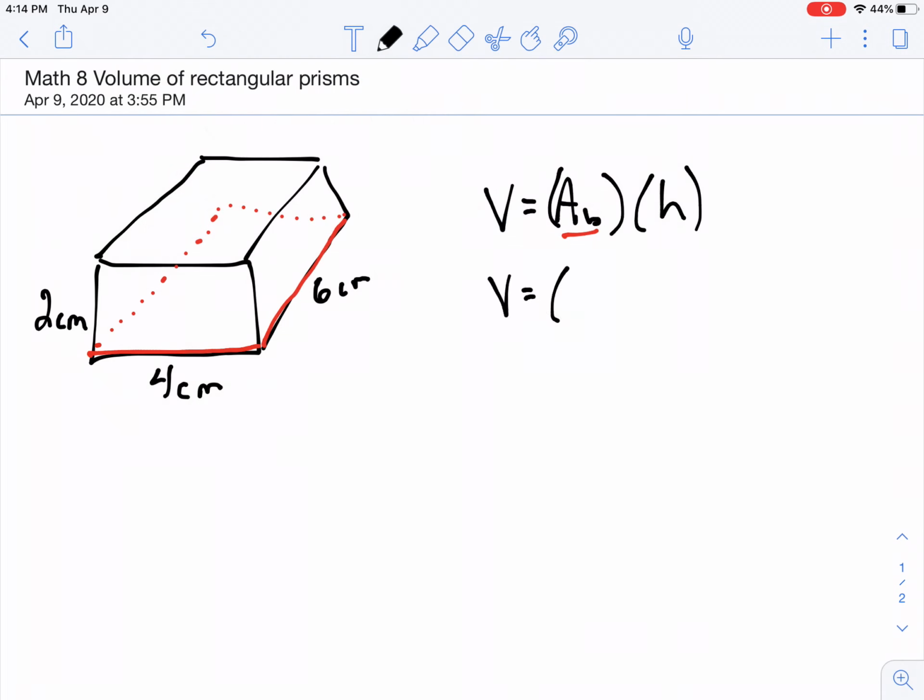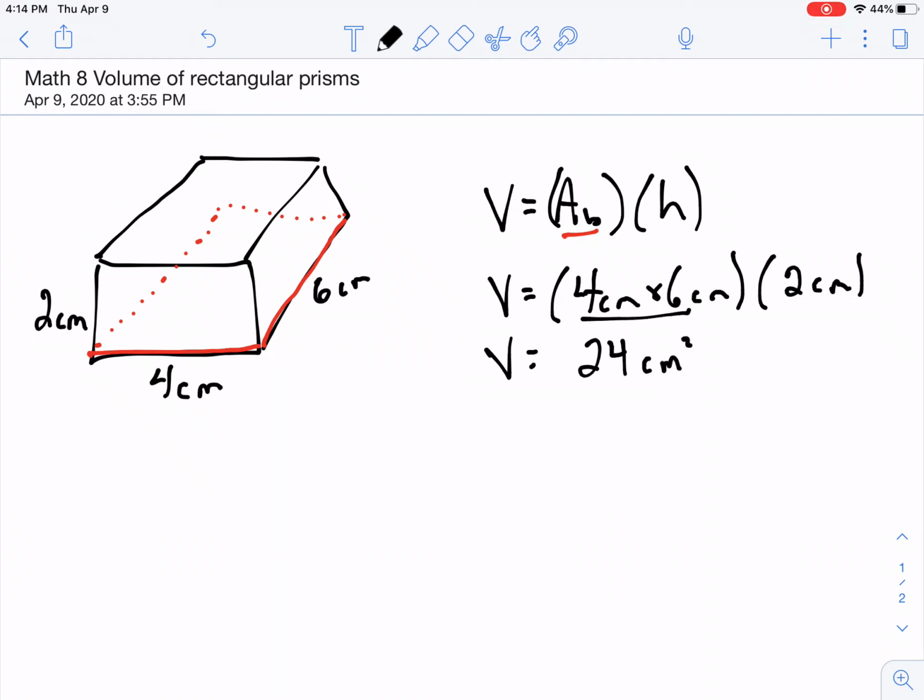And the area of the base shape, I could solve that simply by looking at volume is equal to, well, I find area by going length times width. So in this case, it'd be 4 centimeters times 6 centimeters. And then I would take those numbers and times that by the height. In this case, our height was 2 centimeters high. So doing my calculations, I'm just going to do order of operations. 4 times 6, 24 centimeters squared. And I'm taking that and multiplying it by 2 centimeters. And I get a volume of